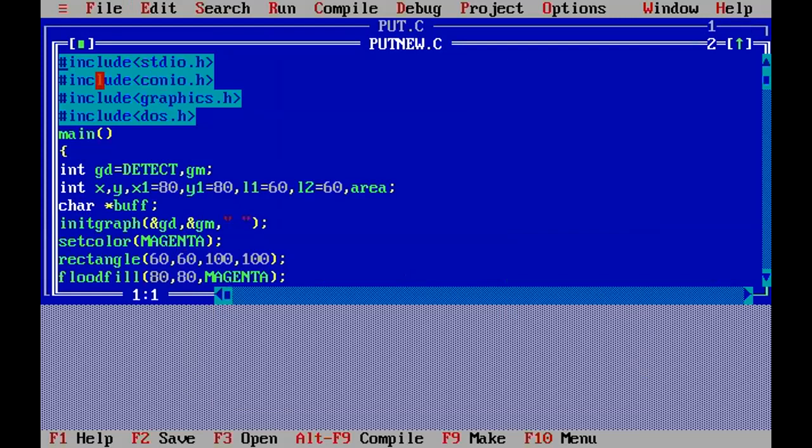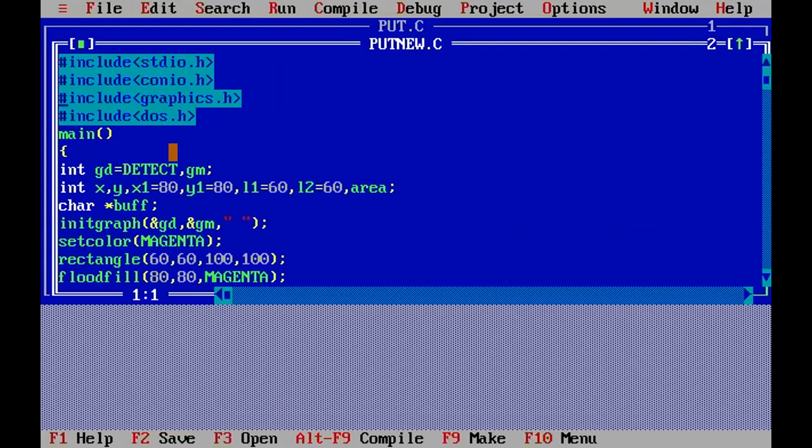Now I have written these header files, you know them. stdio.h, conio.h, graphics.h to initialize the graphics mode. Then we have dos.h to use the malloc function or delay function. So these files will be included within your program.